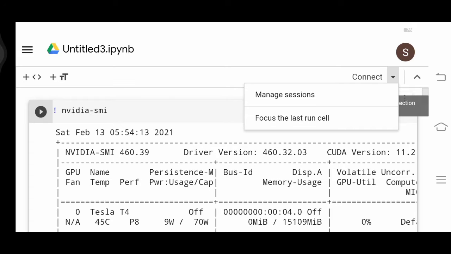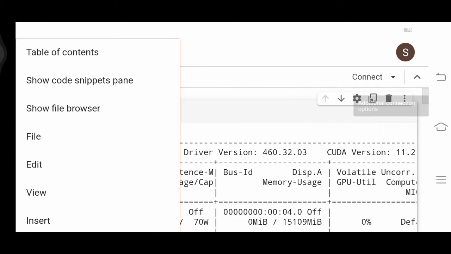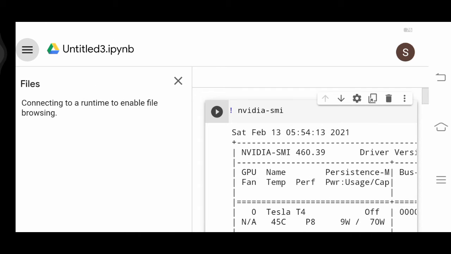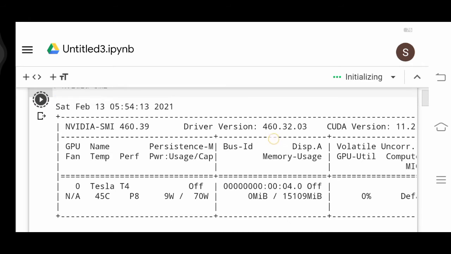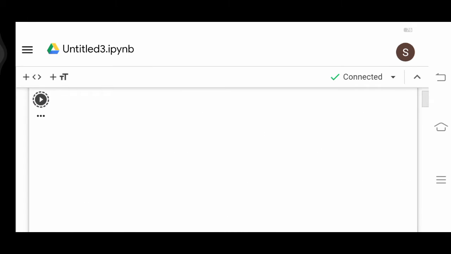After that, now I have given all those things. You can also see the file browser folder, where no content is given over there. Now what you have to do is, first you have to check the type of graphics card they have given you for this session. So let's check it.